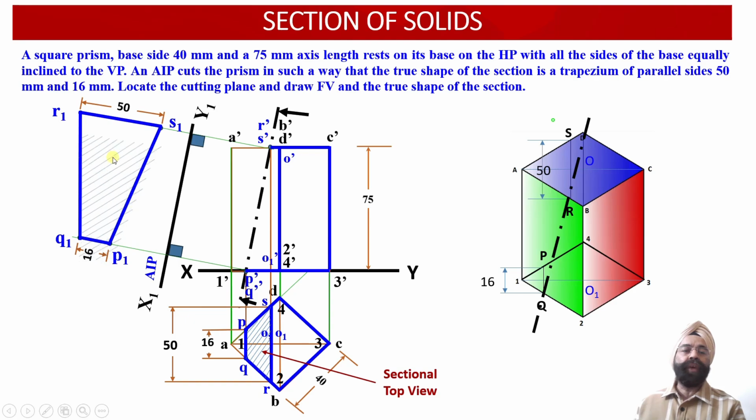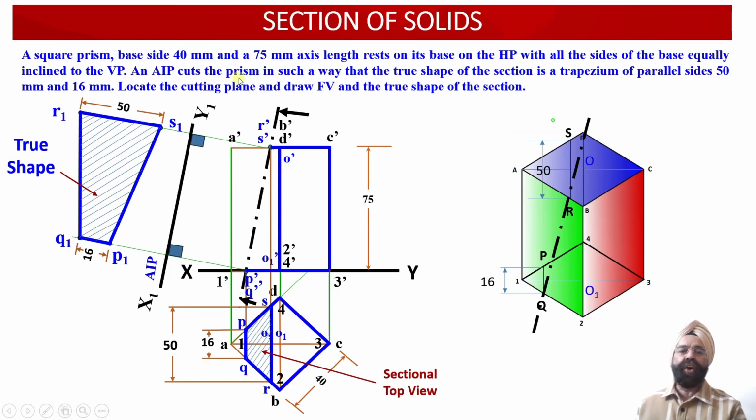This way the 2 parallel edges of the trapezium have been obtained, and the true shape of the trapezium we have obtained in the auxiliary plan projections on AIP X1, Y1, which was drawn parallel to the cutting plane. So this way we have obtained the section front view projections, the section top view projections, and the true shape projections corresponding to this cut section of a square prism